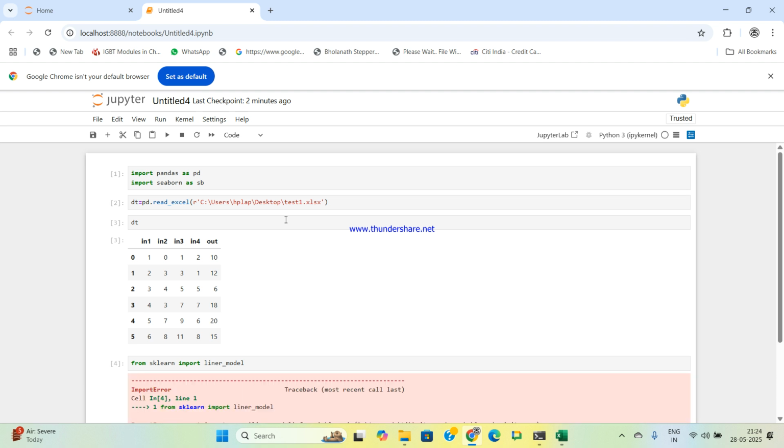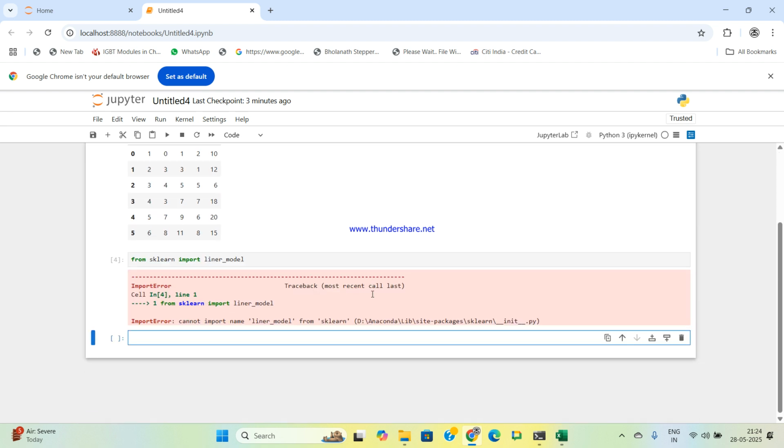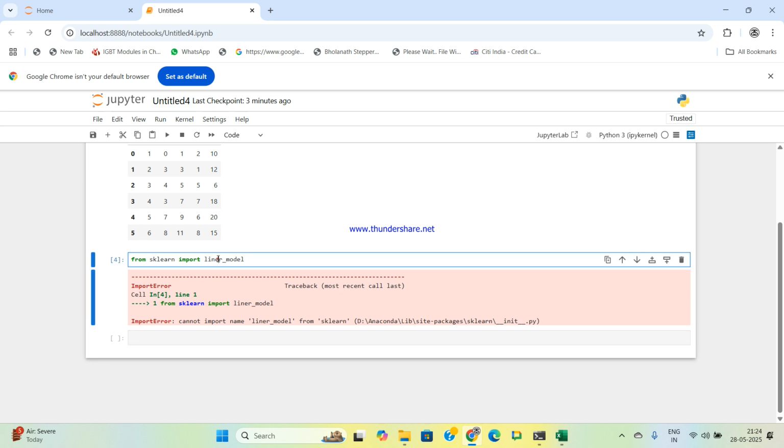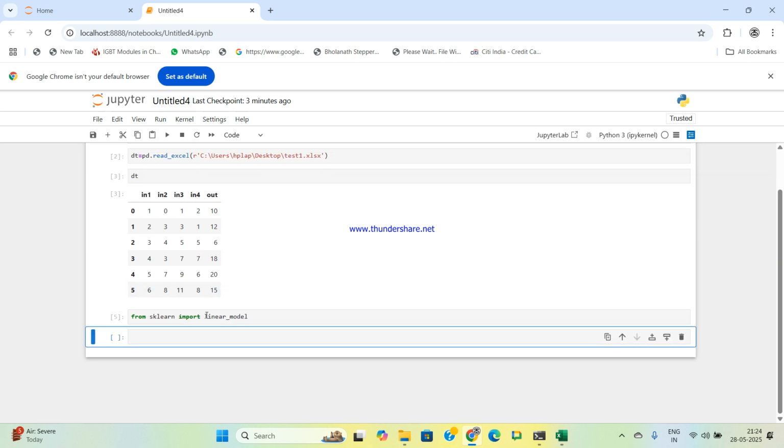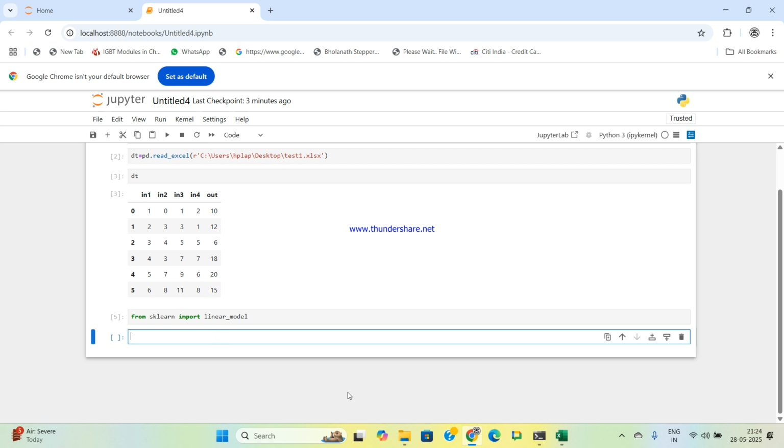Now the data has already been read, and now I will try to fit it. So I am giving the variable name curve,